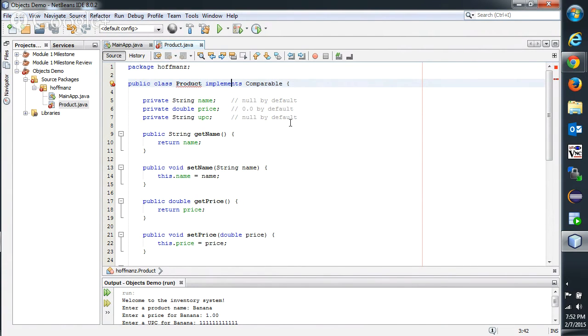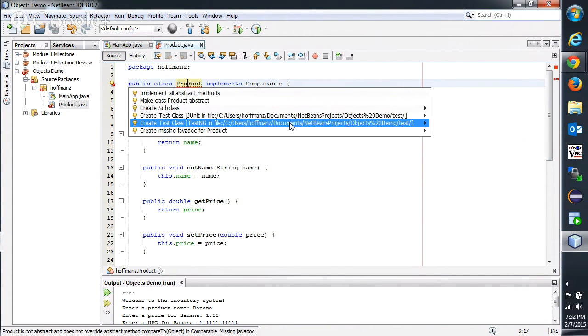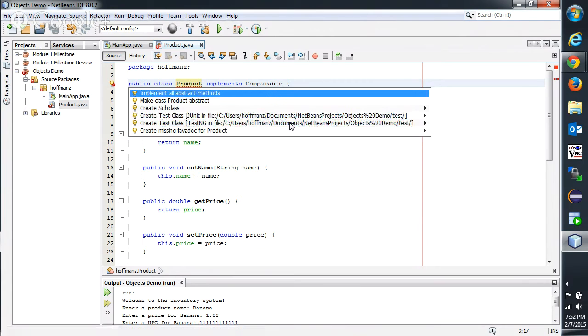And as soon as I do that, I'm going to get an indicator from NetBeans that I'm missing a method. The comparable interface requires a method called compareTo. If I come over here to product and hit Alt-Enter to get my code assist, again, that's Alt-Enter over any of the red squiggly lines in NetBeans to get the code assist menu, I can select implement all abstract methods,